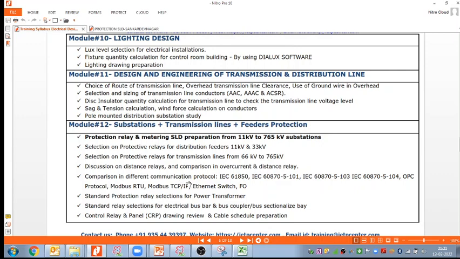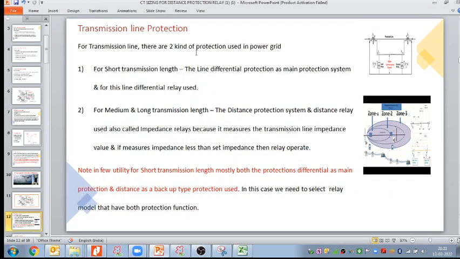But today I'm only going to take the relay that is required to understand the CT sizing calculation, that much only. So if at any point you find it difficult to understand, don't worry. Again, we are going to revise all these things in a detailed way in the protection module. This is not the protection module, this is the CT sizing session, but again we wanted to go from relay then CT. So transmission line protection, for the transmission line, there are two kinds of protection used in